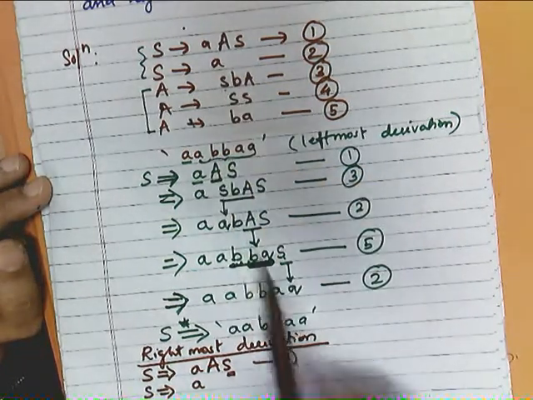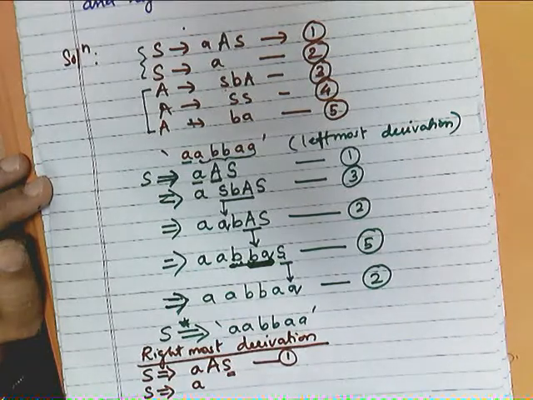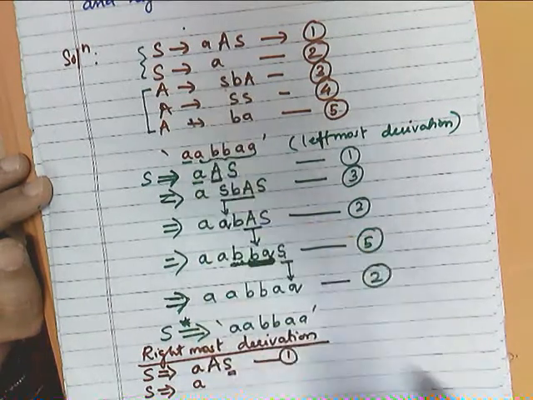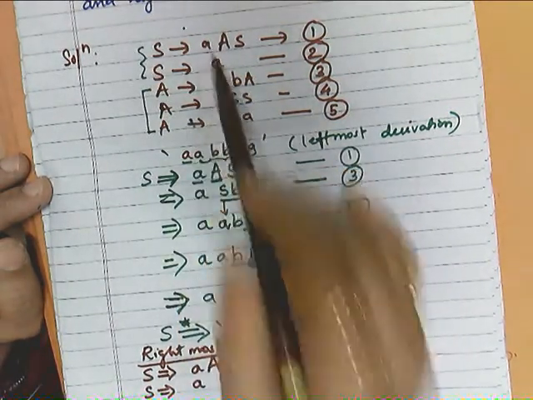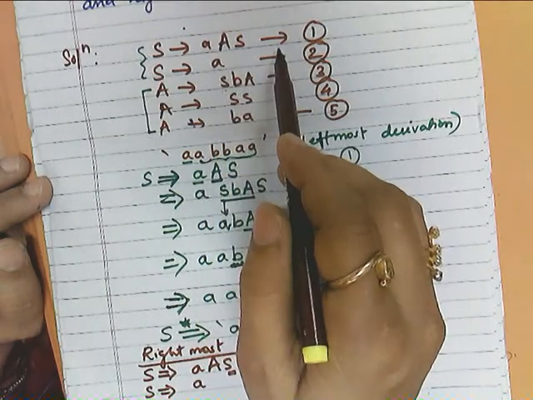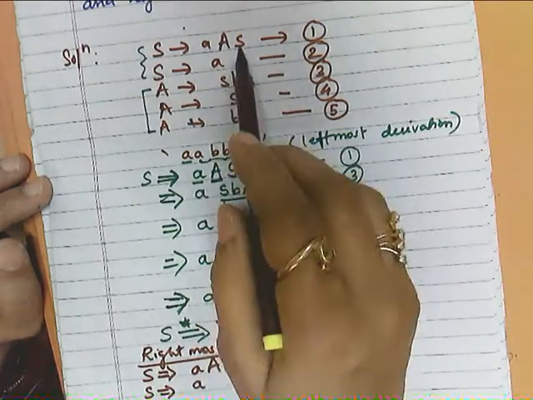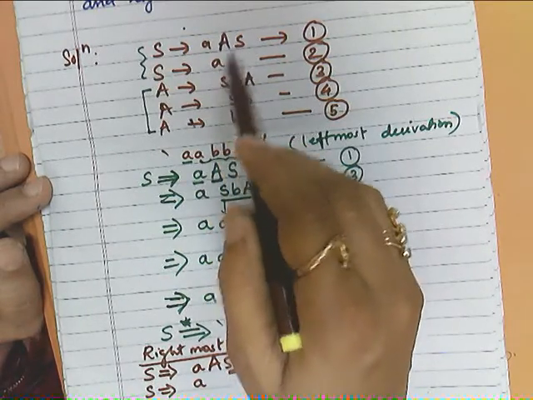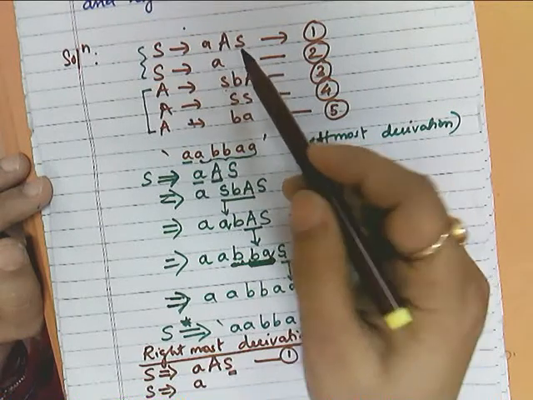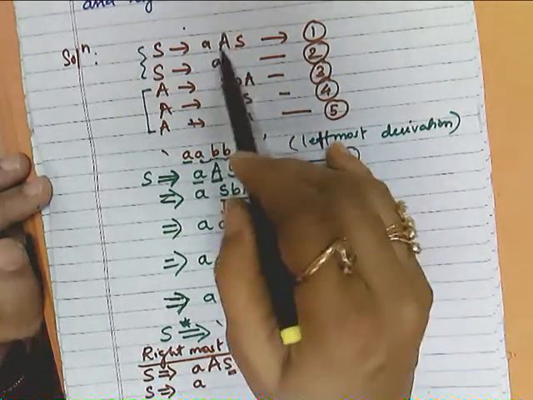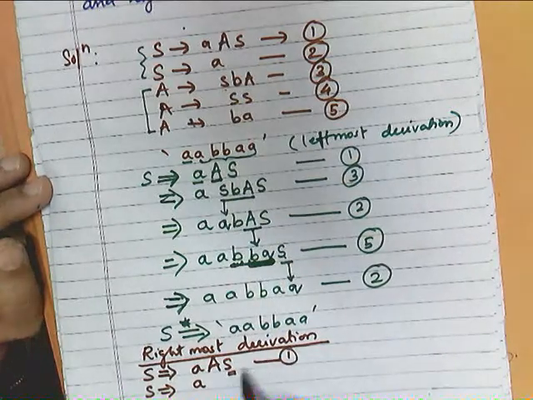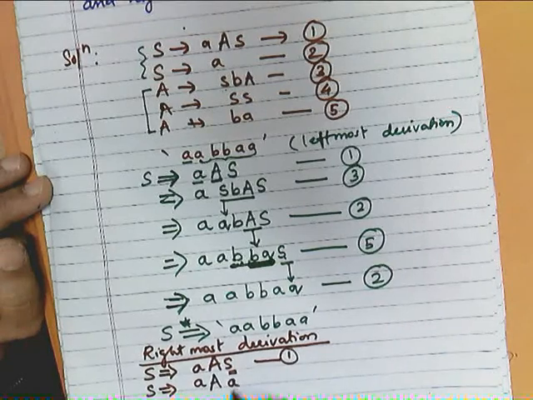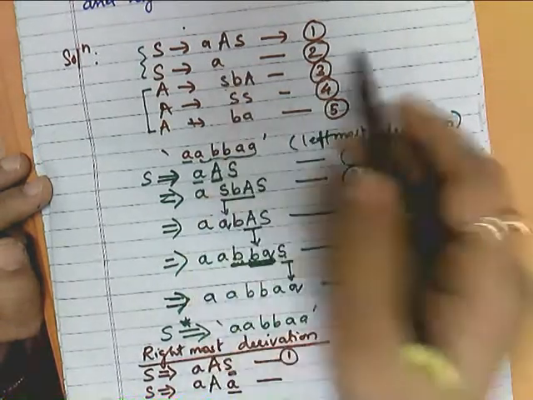Now again, since we have just seen in the leftmost derivation, to get this last A, we have used this particular rule. And if we use this one instead, our string will get extended, which we don't want, right? It may end with this A if we replace this S with A, but again at A level, we will get this A plus this extra A, okay? So the choice is we should go for the rule which is rule 2,